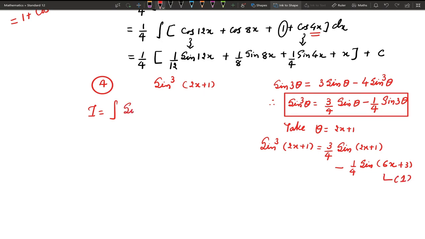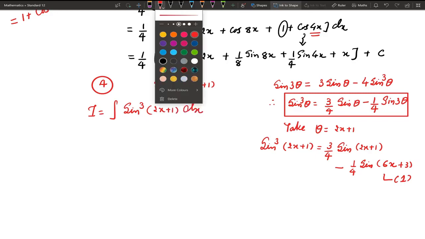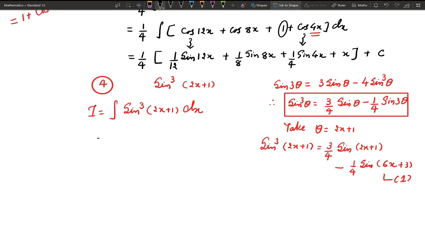Let I equal integration of sine cube (2x plus 1) dx. Now using result 1, this is 3 by 4 sine (2x plus 1) minus 1 by 4 sine (6x plus 3)